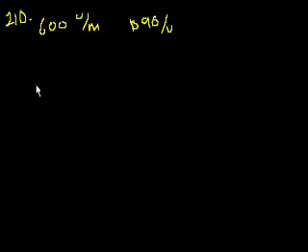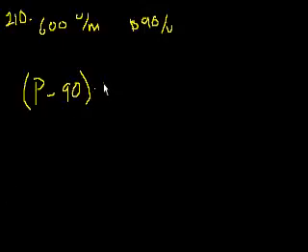Okay, so they want to know the minimum selling price. So let's call that P. So how much are they going to make per unit? P minus whatever their cost was. P minus $90. That's how much they make per unit. And they do that for 600 units, right? And they say that this has to be, on the sales, at least 42,000. So this has to be greater than or equal to